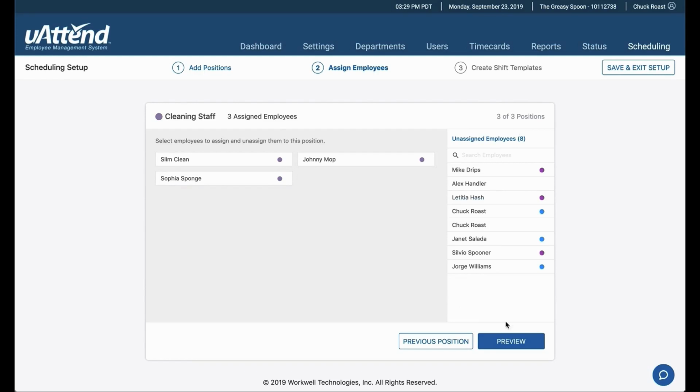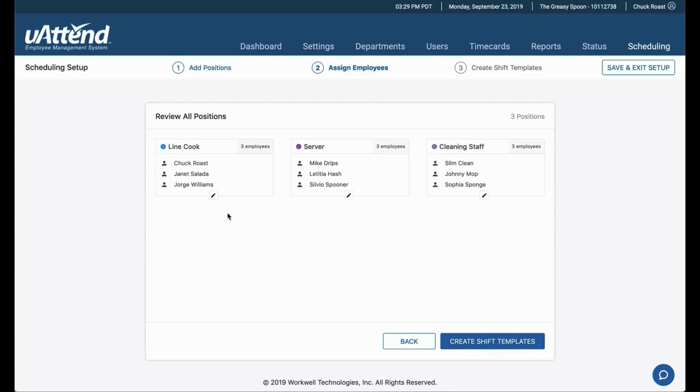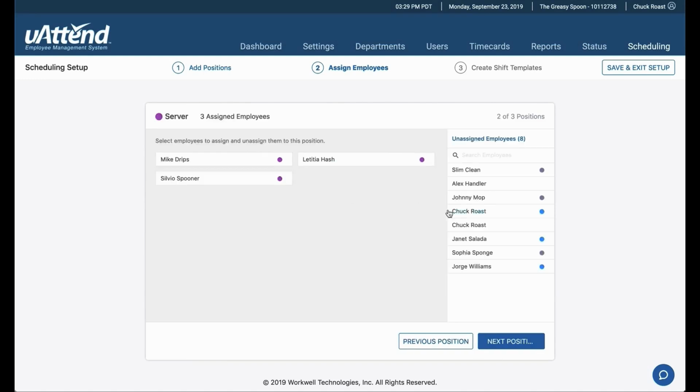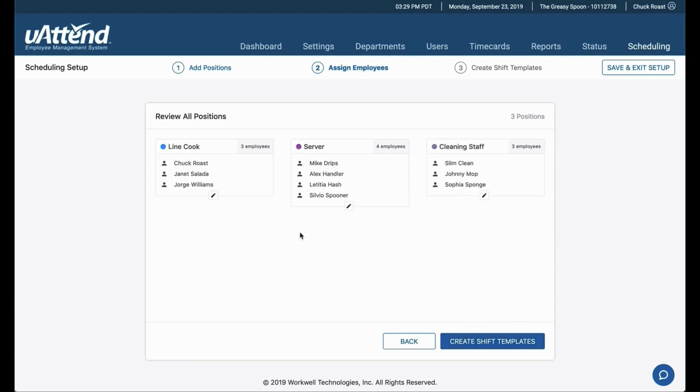Once you've assigned at least one employee to each open position, select Preview to conveniently review your work at a glance. If you've neglected to add an employee to a position or notice any other errors, select the pencil icon to go back and make any edits. After you've made your corrections, skip through the positions and preview your work once more to double check your information. When satisfied you have the correct employees assigned to all of the open positions, we're ready to move on and